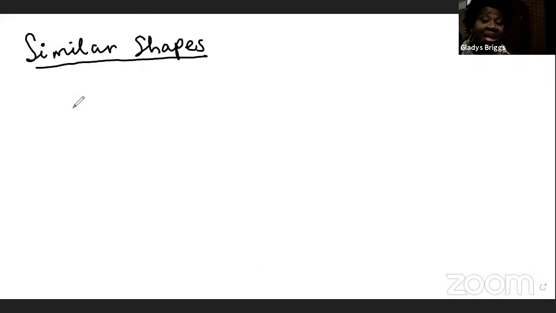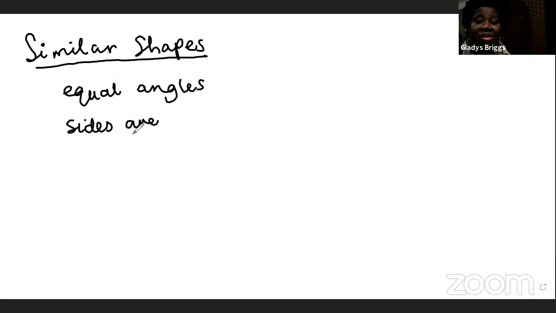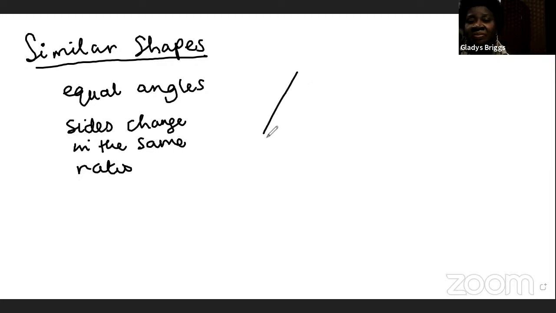So you can say that shapes are similar if they have the same angles, equal angles. Let's use the right word: equal angles. And if the sides are increasing or decreasing, the size changes in the same ratio. Sides change in the same ratio. So what I mean by that is maybe you have this triangle